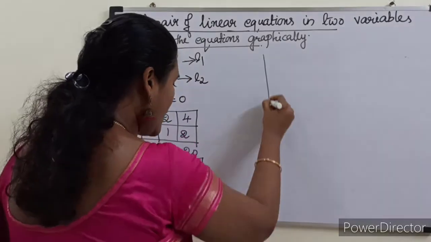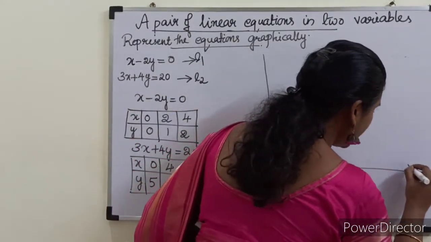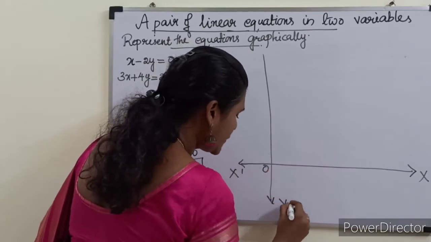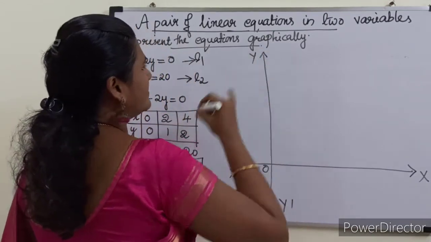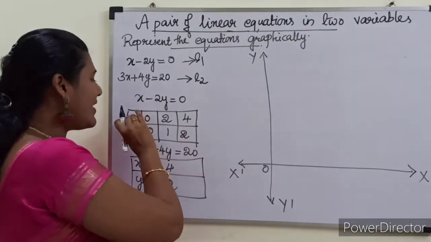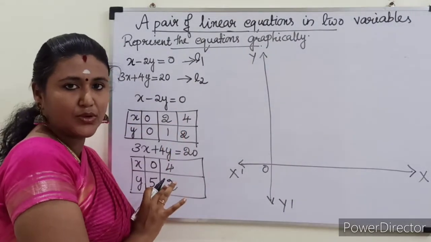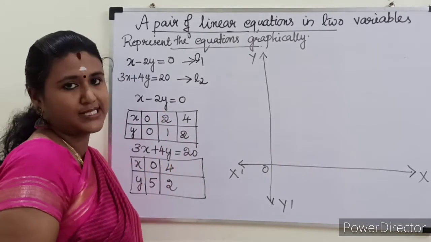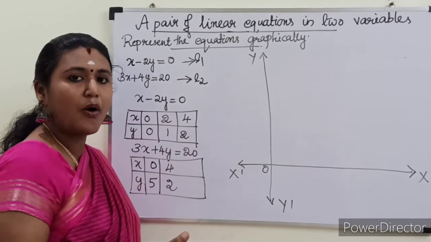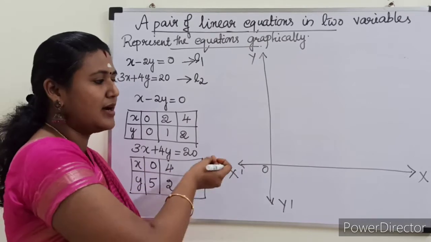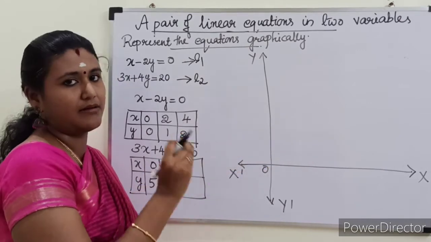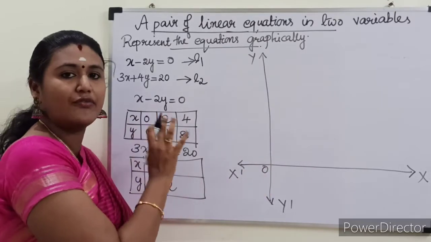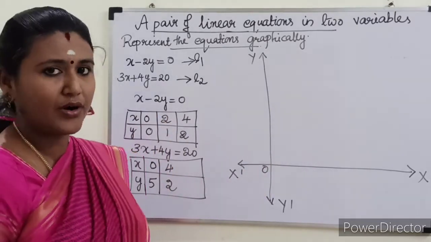So first we will draw the x-axis, y-axis, x dash, origin, this is y dash, y. When you choose the values of x and y for getting the solution, always choose in such a way that we will get a whole number as solution. If you are getting decimal numbers, even with graph paper you can plot, but otherwise you will find it difficult. So you can choose the value of x so that you will get the y value also a whole number.